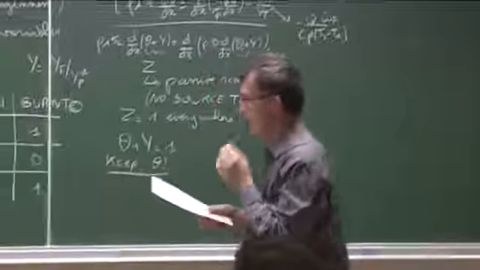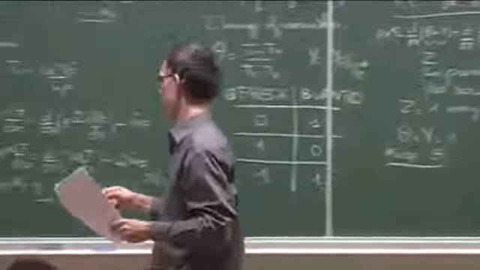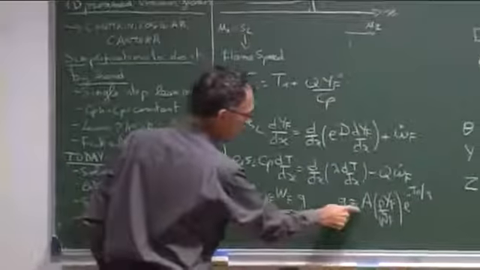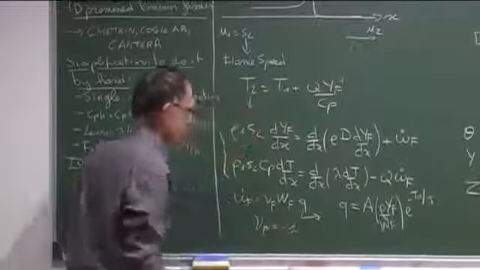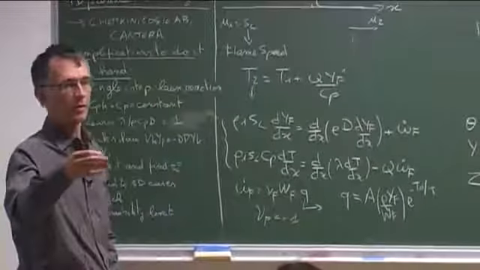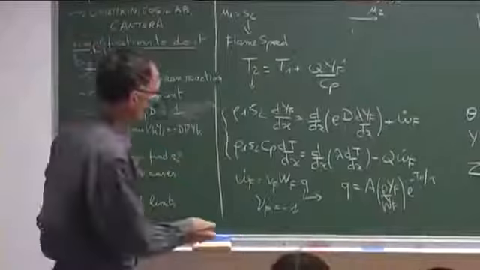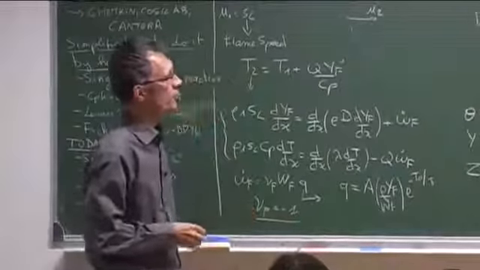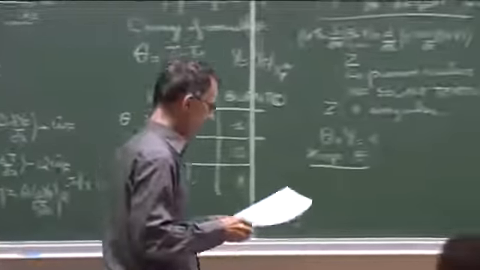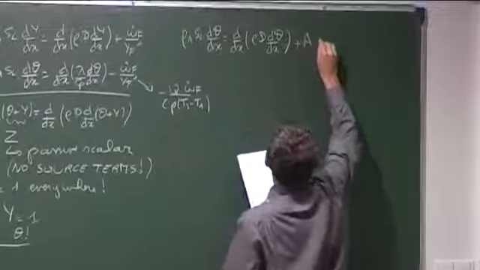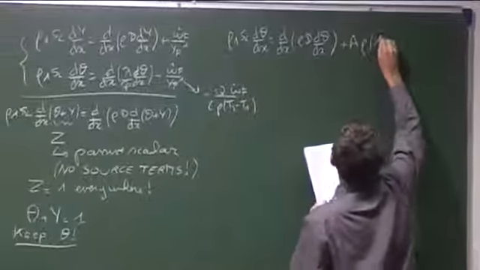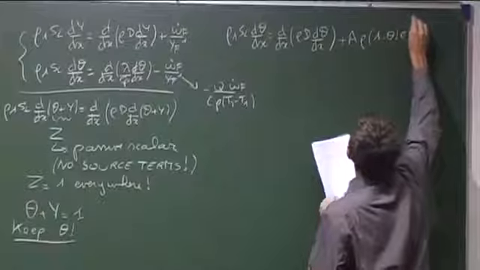Well, if you replace omega dot f by its expression here, you can use also nu f equal minus 1. This is what we have usually for the fuel. We say fuel plus oxidizer goes to product. So the balance from nu f is that it's minus unity. You will find here a reaction rate which is written like this: plus A rho1 (1 minus theta) exponential minus Ta over T.